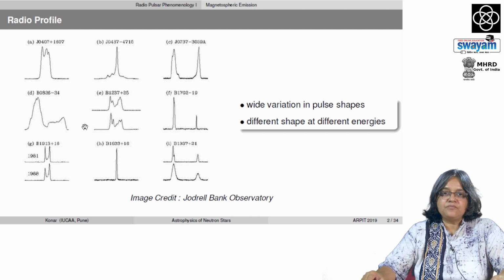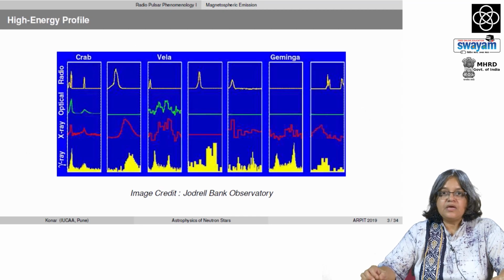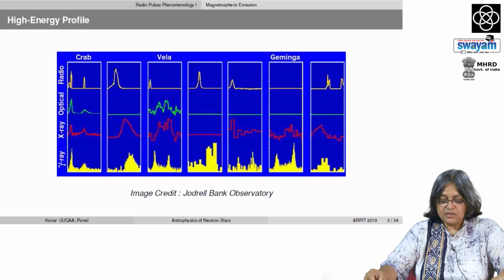Not only that, the shapes also change with different energies within the radio band. Then again, if we go to higher energies, the pulse shape changes rather significantly from radio to other energy